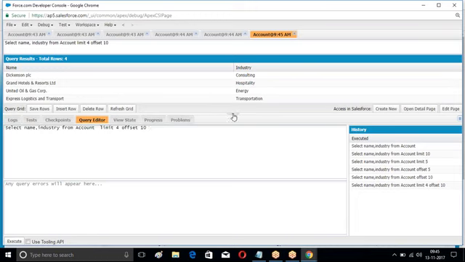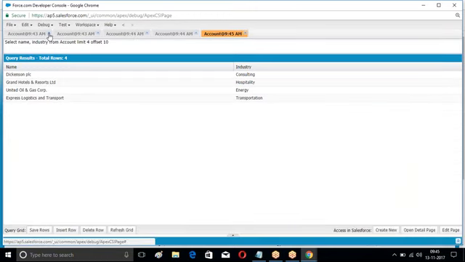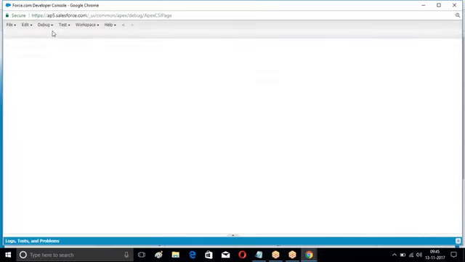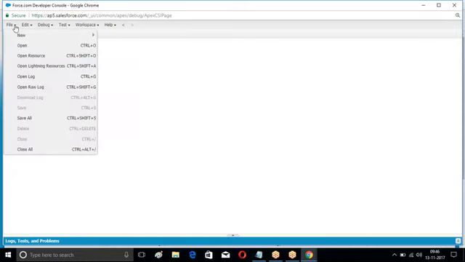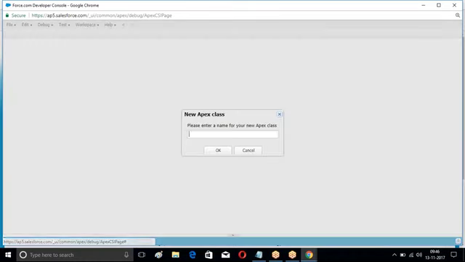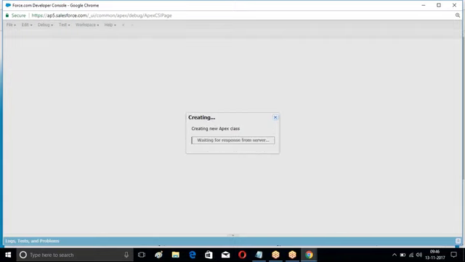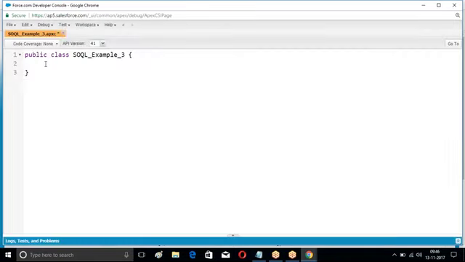The basic formula of writing is SOQL with the limit and offset. Now whatever we have taken, straight away I give the value, but I don't want to give the values straight away. I want the user to enter how many records they want. The user is going to enter the limit and the offset, then I am going to write the SOQL code. Now I want a VF page with the Apex class. SOQL example. Now public integer